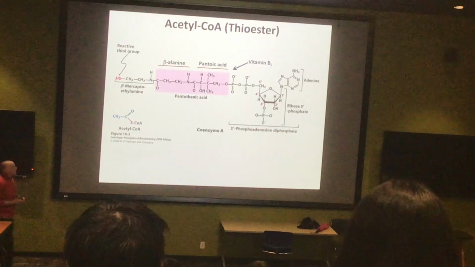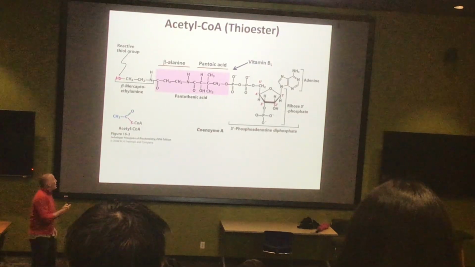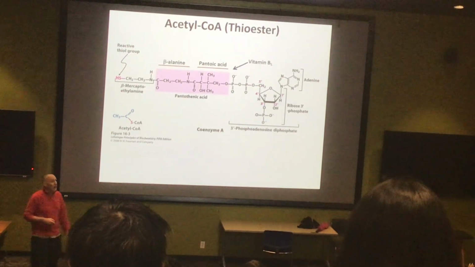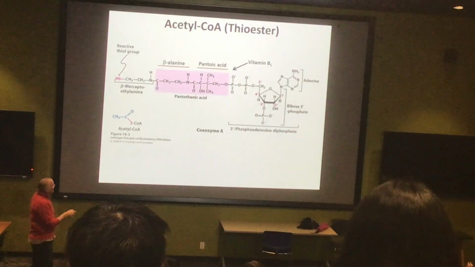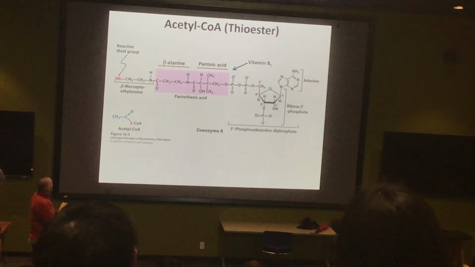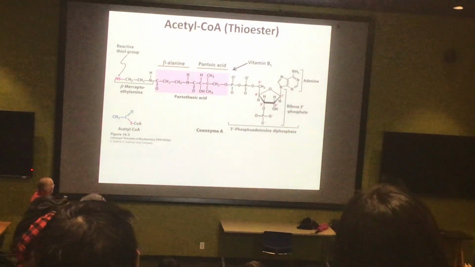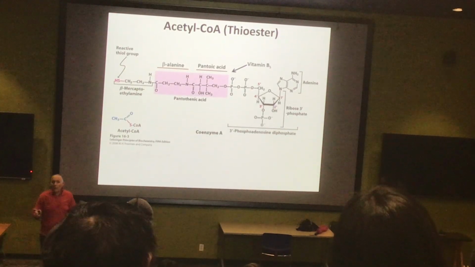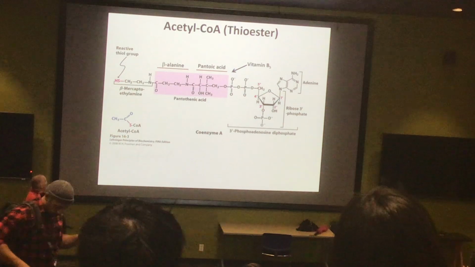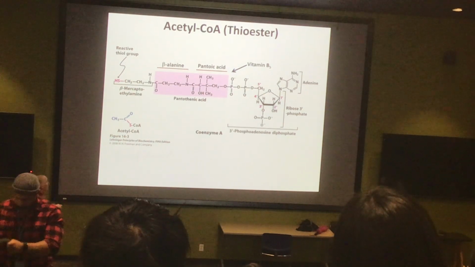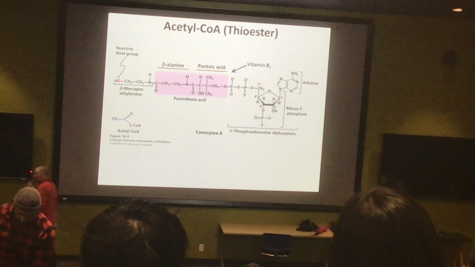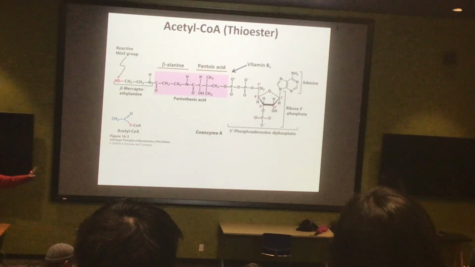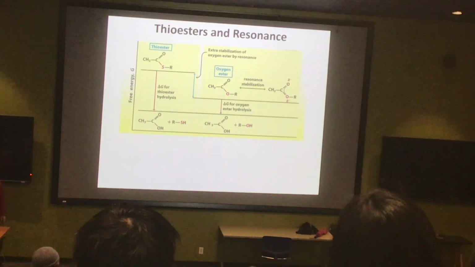Just to remind you, the crucial molecules that are going to come into play here are these thioesters. Acetyl-CoA has been the one that we've seen so far. But of course, we don't need any of this, right? The only really important part is here. The rest of this is spacer arm. This is so that it can be recognized by the protein. So far, our thioesters have pretty much been acetyl-CoA, but they don't have to be, right? We could attach anything to a sulfur there, a long carbon chain, that would do the job just as well, and that's really critical.